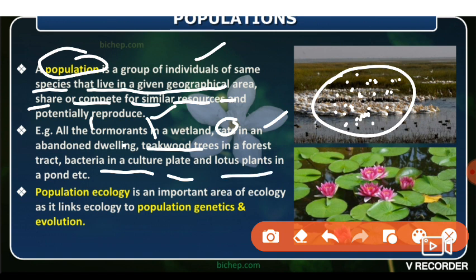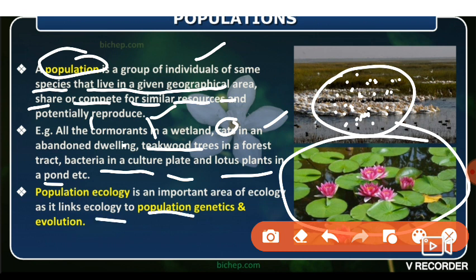Then lotus plants in a pond. Yes, the lotus plant is here in a pond. It is a population, whatever the group of lotus plants are. These are all what we call a population. This is the definition of the population. Please remember. And then here, population ecology is an important area of ecology as it links ecology to population